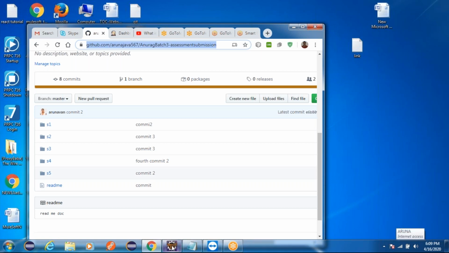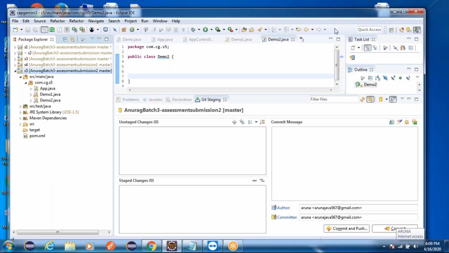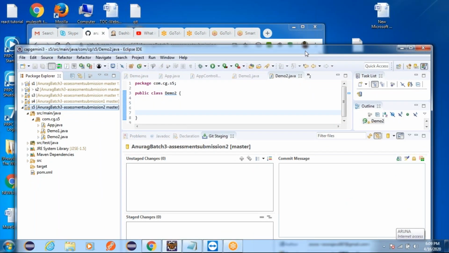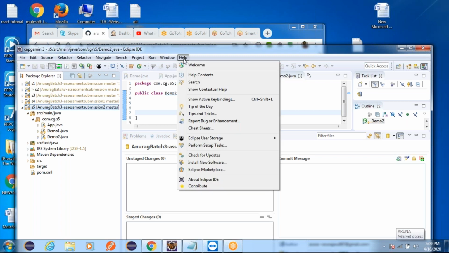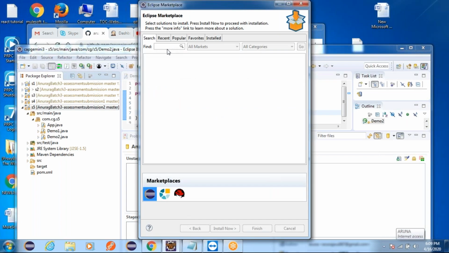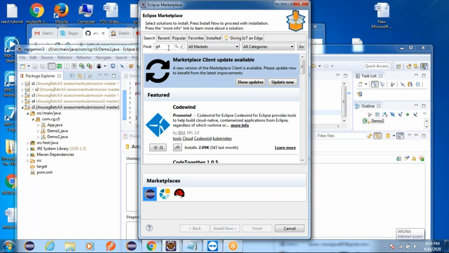Now in Eclipse, first of all, you will not be provided with any Git plugin readily, so you need to download it. To download the Git plugin, the first step is to go to Help, Eclipse Marketplace, and search for the plugin called Git. If you give Git and search, it will give you the available links.